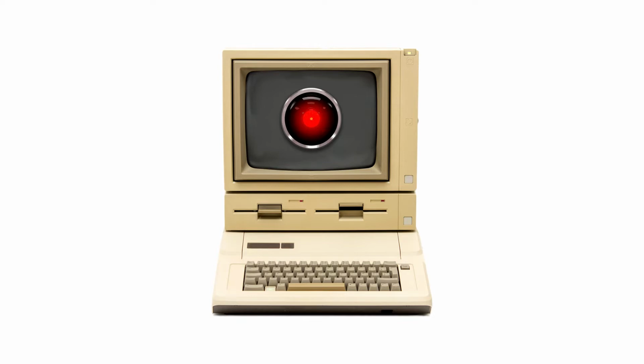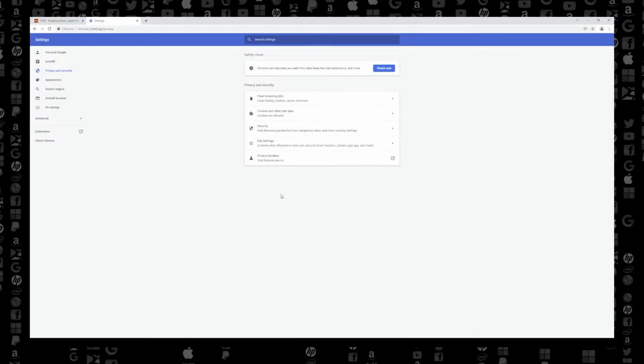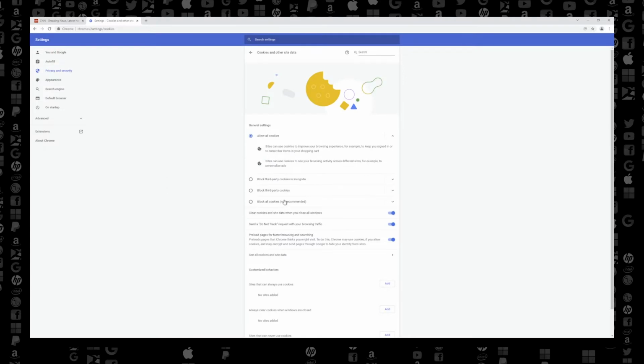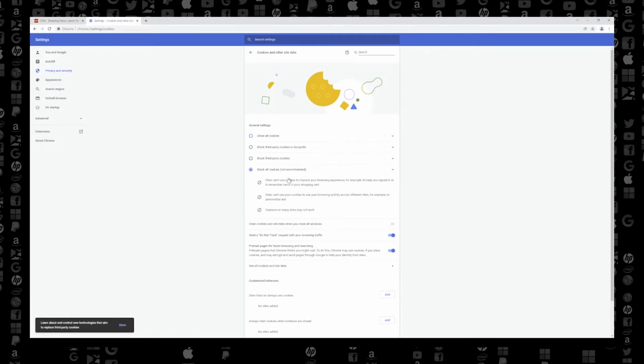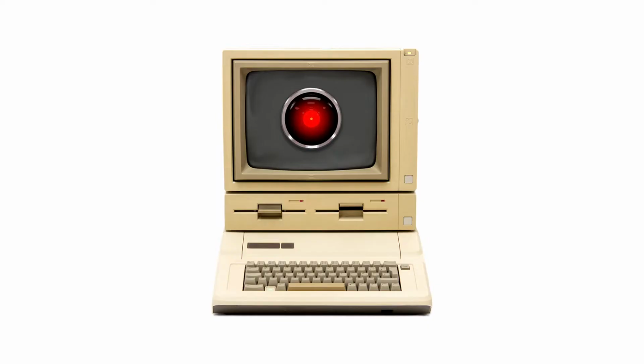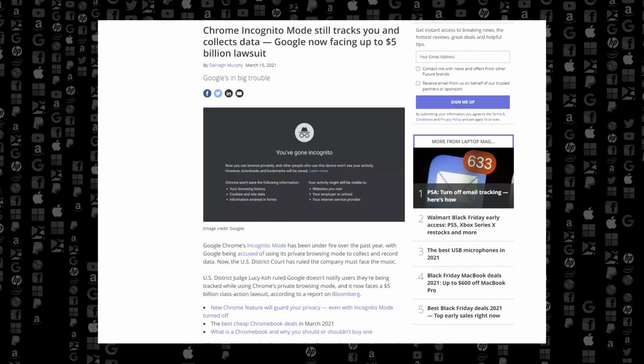So what can and should you do about this? It is possible to disable cookies altogether in your web browser, but if you do this, then any site that requires you to log into it is just going to stop working. So that's not a good option for pretty much everyone. You can use incognito mode, with the caveat that your incognito session will continue to store and volunteer any cookies that are transferred during that session.